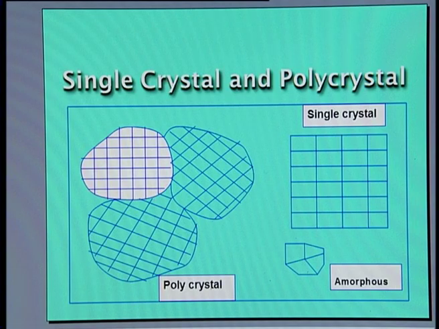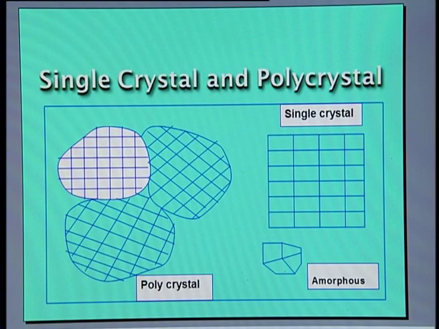And as you rightly pointed out, you have crystals in different forms: polycrystalline materials and single crystals, and another state is amorphous. In a given solid, if the atoms, molecules or ions are arranged periodically in 3 dimensions throughout the solid without any break, then we call it a single crystal. On the other hand, if in a solid the periodicity exists, but is broken at certain regions, these are called polycrystalline materials.